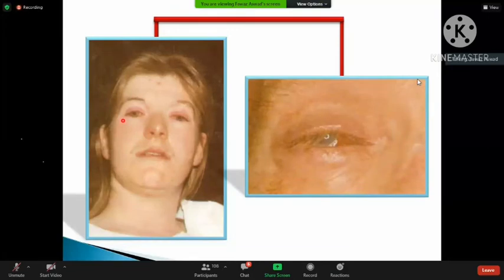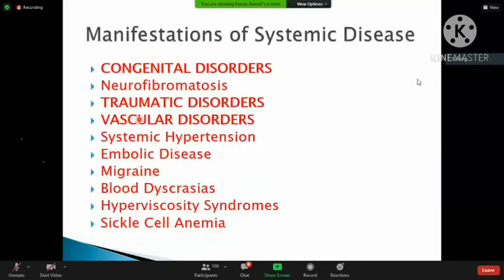Then, to repeat briefly the local findings, we could even notice if there is yellowish discoloration of the sclera and so on. And then there are systemic diseases which are going to affect the eye, and oral diseases or oral involvement may also be associated with involvement of the eye. This is in general.